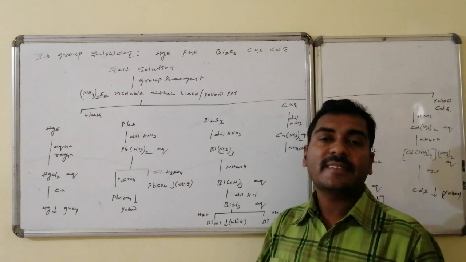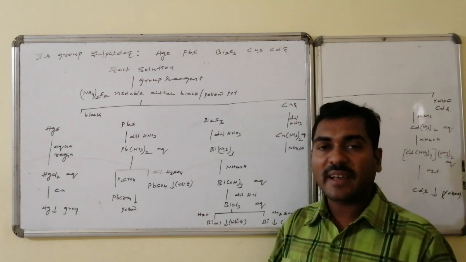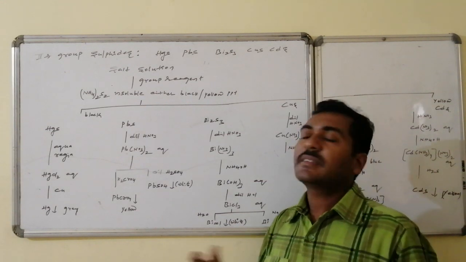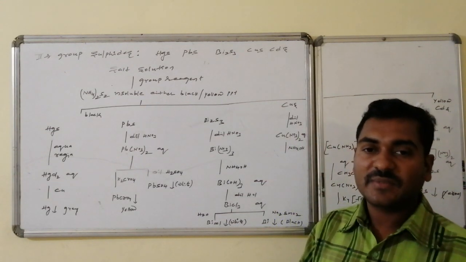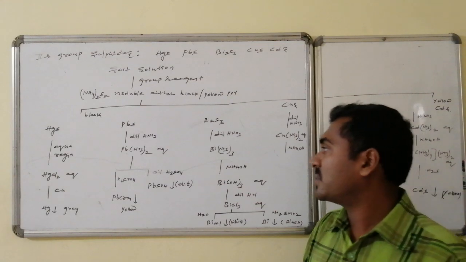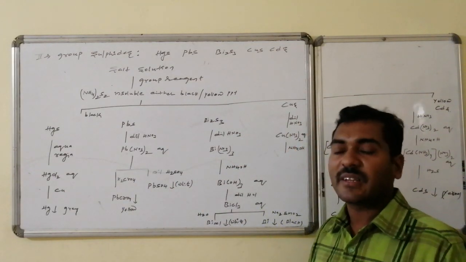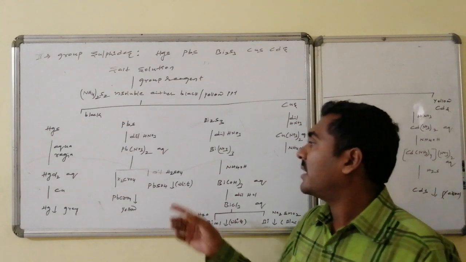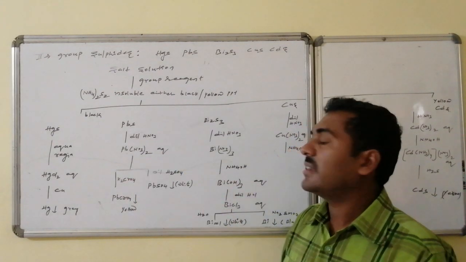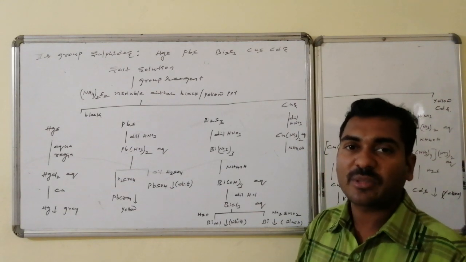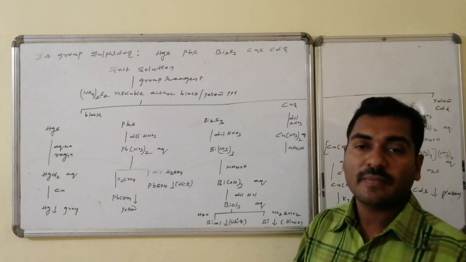Similarly, lead sulfide, which is formed as a black color precipitate, on reaction with dilute HNO3 leads to the formation of lead nitrate, an aqueous colorless solution. This lead nitrate on reaction with dilute sulfuric acid forms lead sulfate, a white precipitate, and on reaction with potassium chromate forms lead chromate, a yellow color precipitate, which confirms lead.